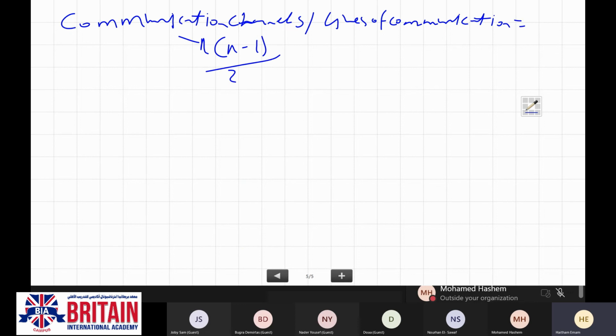N represents the number of stakeholders. So 15 into 14.